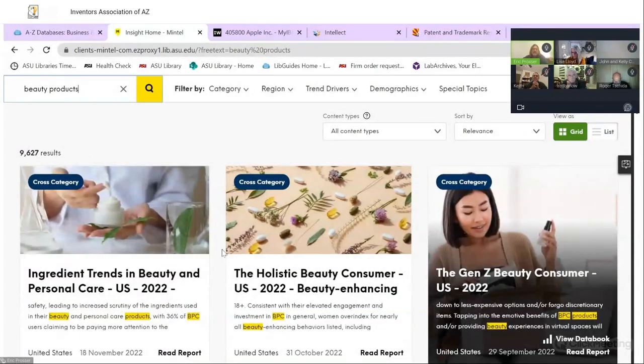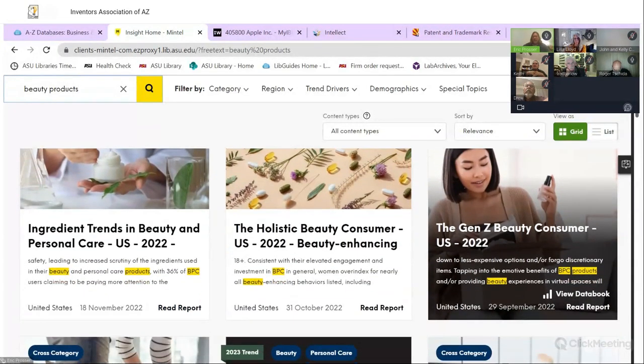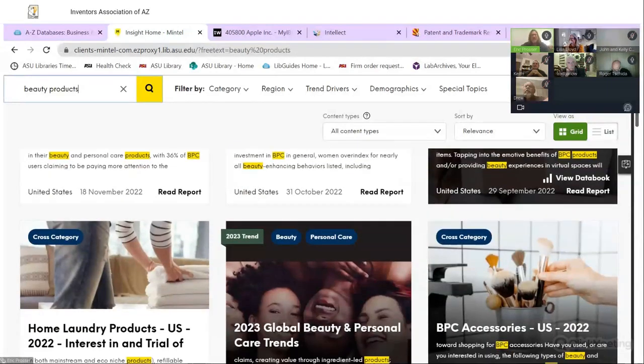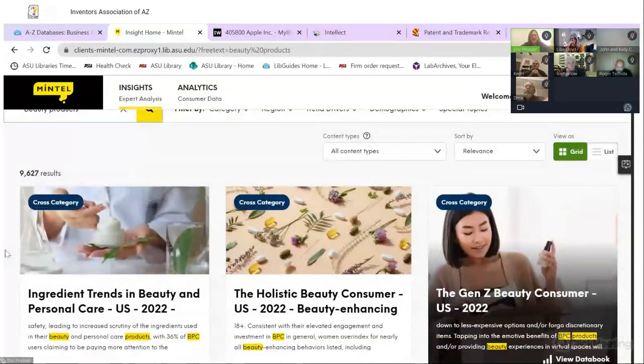And so essentially what Mintel gives us is a number of reports that they have produced in various sectors, and in many times in companies encompassing specific time periods. And sometimes these can get as granular as, hey, what happened in the third quarter? Hey, what happened in August? Depending on the industry.